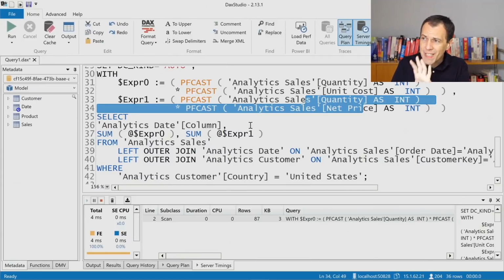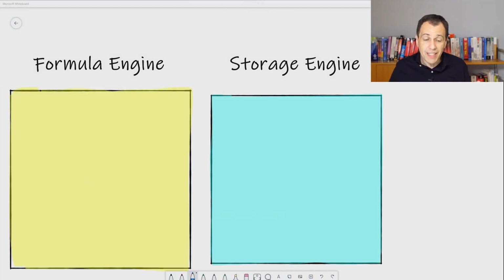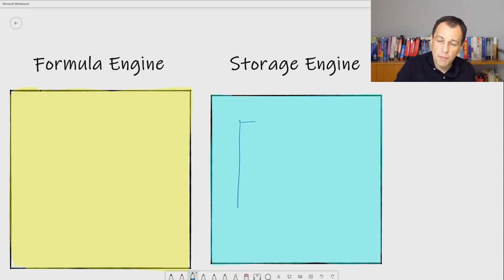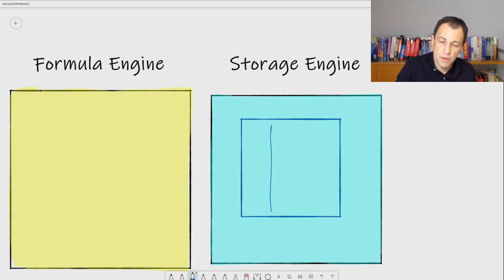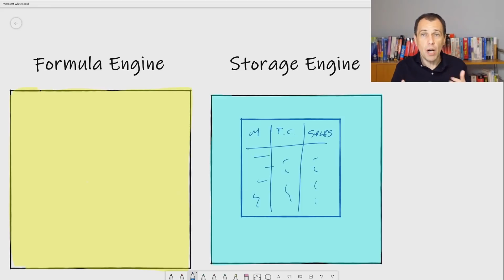So the result of this XMSQL query is not visible, unfortunately. We can imagine that, like we have seen before, the result here is a table that has three columns, the month, the total cost, and the sales amount, with one row for each month for which we have results.